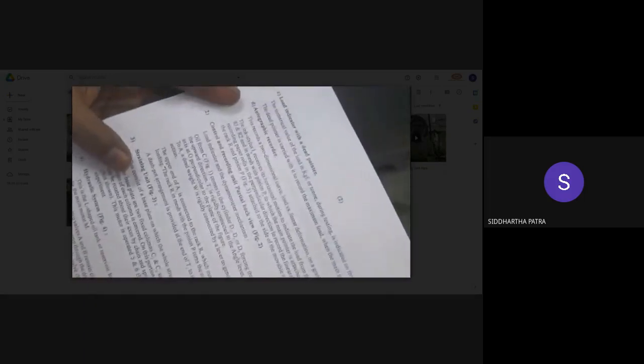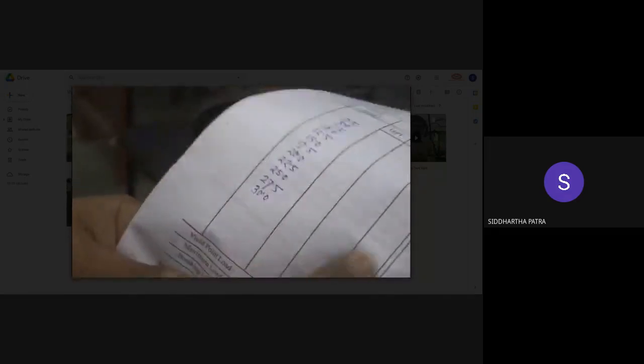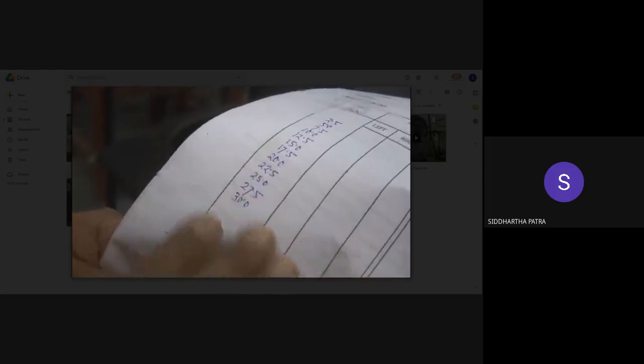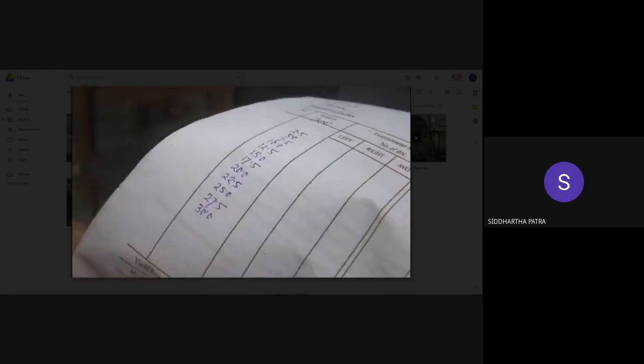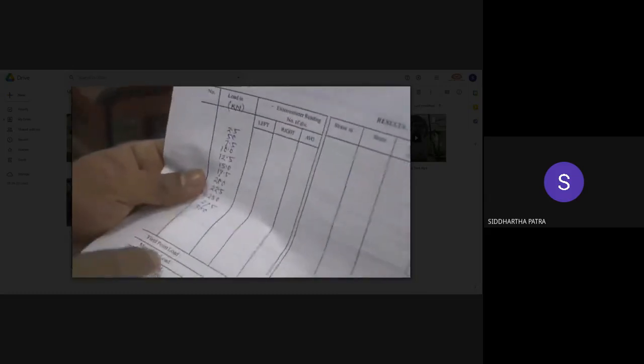There are some discussions over here, some of the experiment steps that are mentioned, and here are the procedures. And there would be some questions for you to answer in the end. But before that, this is the segment where you take the experimental data. While doing the experiment, you are supposed to note down the data over here, and from that data you are supposed to calculate various things.